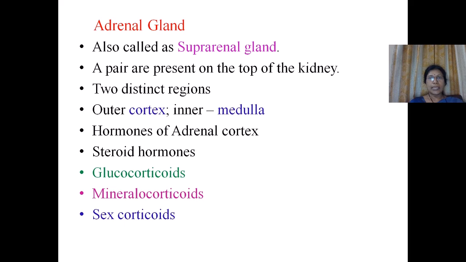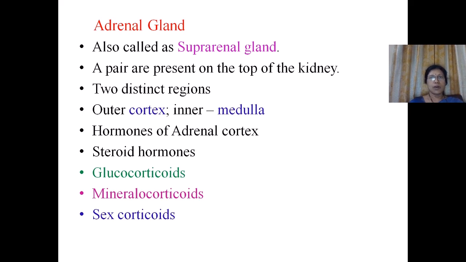Aldosterone hormone increases the reabsorption of sodium ions by the kidneys. Thereby, the sodium ion concentration increases in the blood. Sodium reabsorption can result in increased water reabsorption by the kidneys. As a result, the volume of the blood increases. But for this action, the secretion of antidiuretic hormone ADH is also needed.